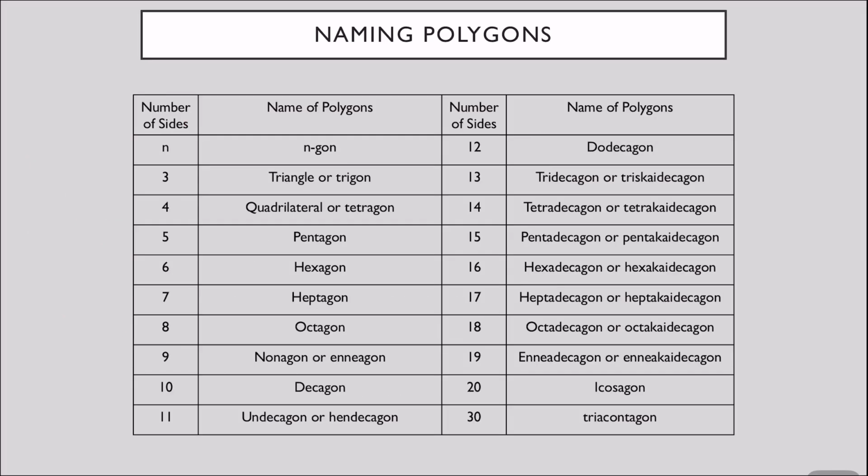Okay, so for the rest of the number of sides, we can see na we are using our prefixes. So makikita natin yan. Ito yung the one that we previously highlighted, and these are your prefixes. Okay, we continue for 11. It's ondecagon, or sometimes you can call it hendecagon. Dodecagon for 12, and then 13 to 13 onwards, we have a